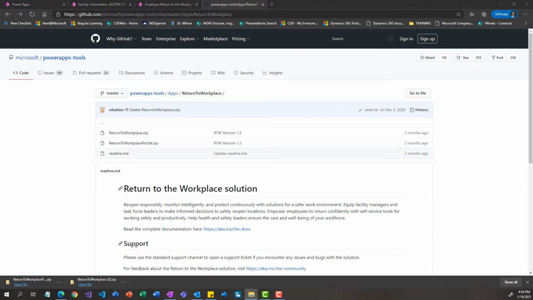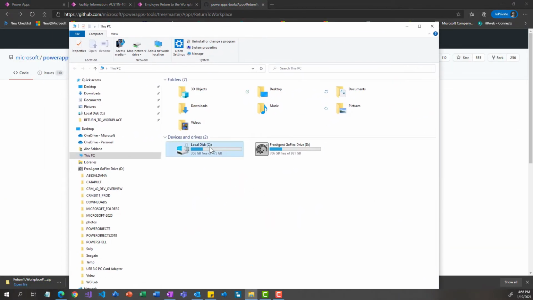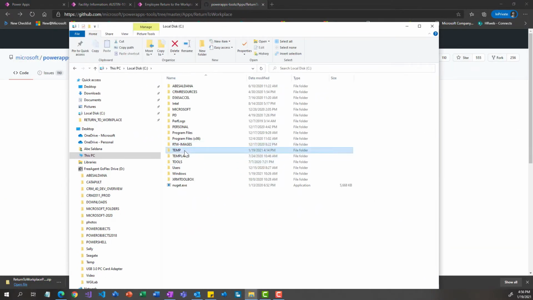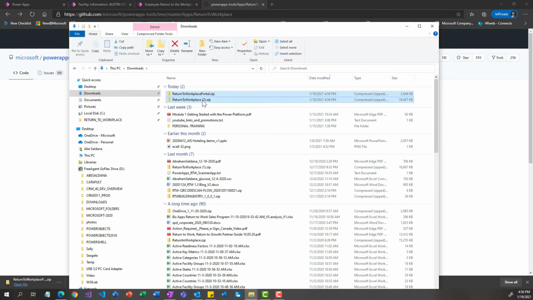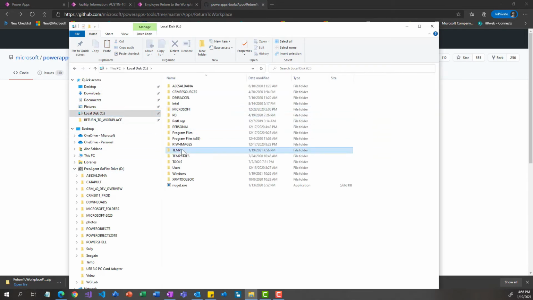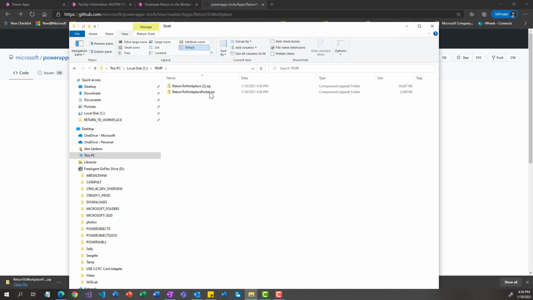Now we're going to go to Windows Explorer, and we're going to put it in a temp folder. We're going to remove those, copy those 2 files, go back to the temp folder, and copy and paste in there. I'm changing the view so I can see a little better the files and the content of the